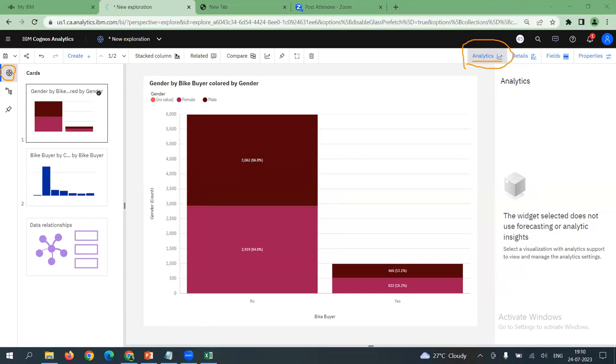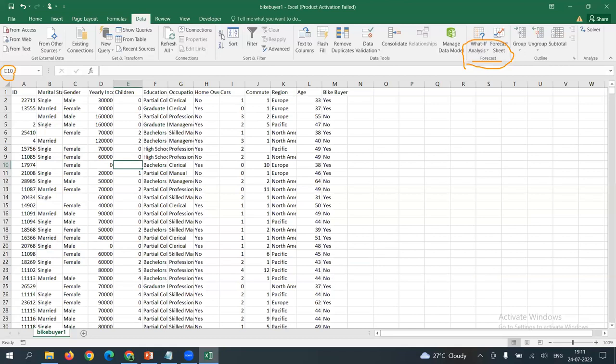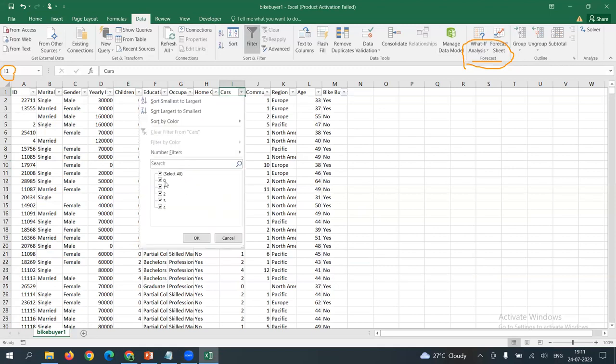So to answer that question, once again, you have to go to the data set. Always generate your hypothesis and observations from the data set, the data problem only. Here I have the cars column, right? Could you all see my Excel workbook? I could share that here. The cars column is there. If you apply a filter on the cars column, what is the minimum number of cars a respondent possesses in the survey? 0 cars. What is the maximum number of cars that a respondent possesses? 4. Correct. 0 to 4.